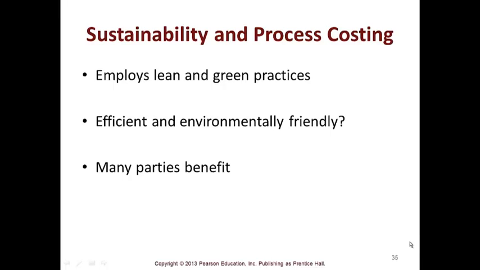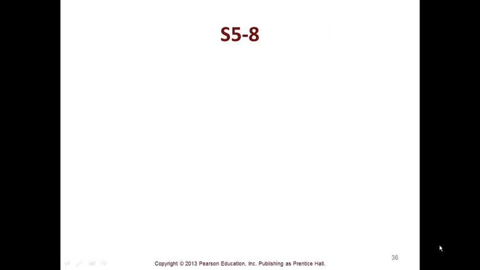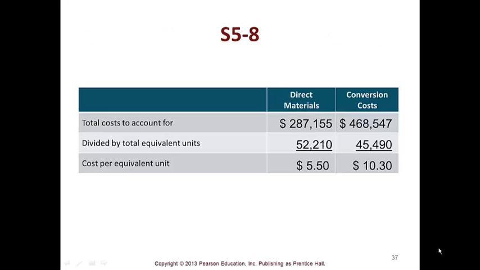Sustainability and process costing employs lean and green practices, efficient, environmentally friendly, and many parties benefit. So you kind of have to ask yourself these questions when you look at process costing versus sustainability. S5-8 talks about total cost to account for divided by the total equivalent units is your cost per unit. So once again, you're going to take the information provided, divide by the equivalent units, and get your cost per